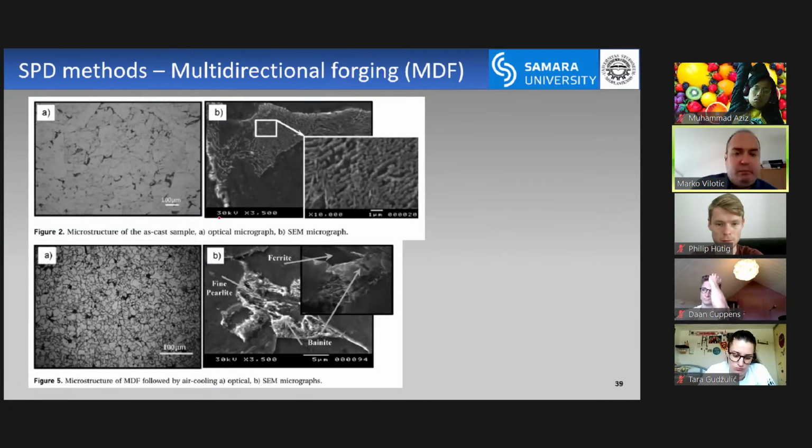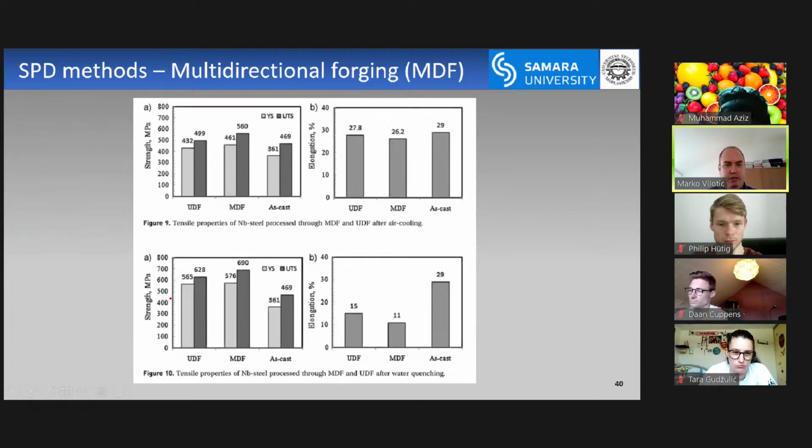It says here optical micrograph and SEM micrograph. This is the initial microstructure, and this is the microstructure after the processing. I don't know how many passes. They also use, I guess, some kind of heat treatment and other things. This is unidirectional forming, so in just one direction, just X or just Y or Z, multidirectional forging, X, Y, Z, and as cast, you can see yield stress,